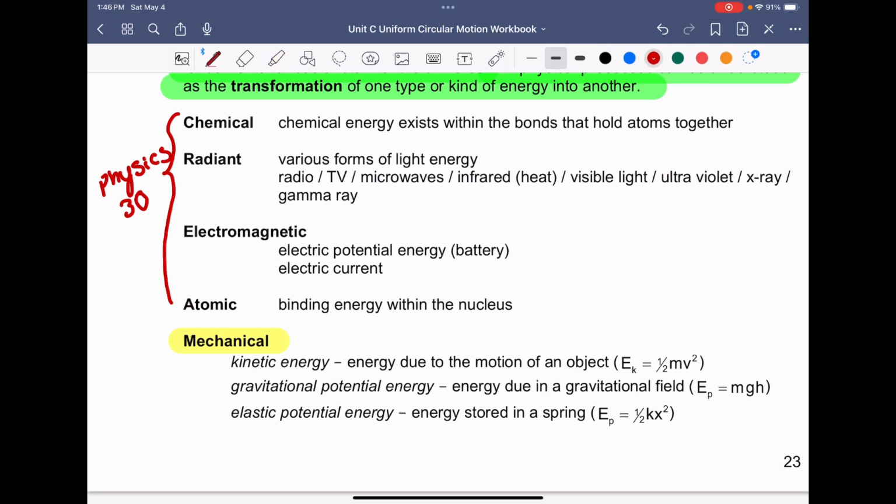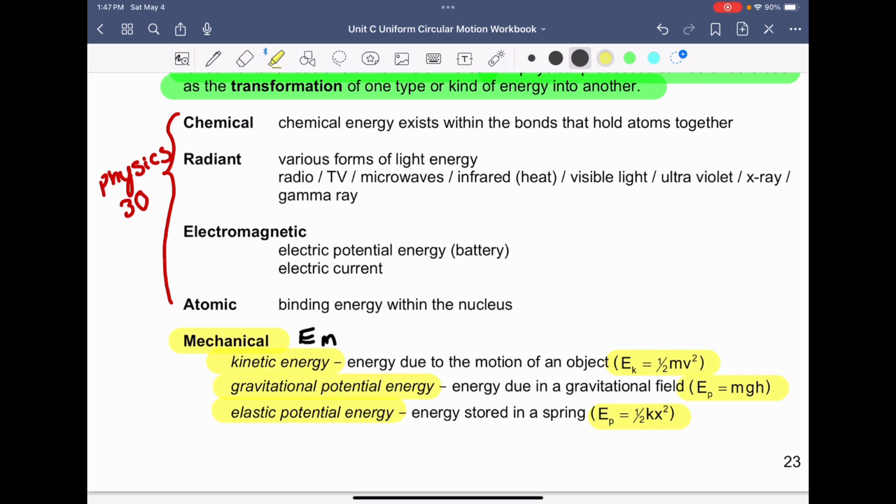Mechanical energy, which is often denoted as EM in our unit, is broken up into the following types of energy. We have kinetic energy, which can be symbolized mathematically by EK equals 1 half mv squared. We can have gravitational potential energy, which can be symbolized by EP, which is equal to mgh, which is often due to some sort of gravitational field. And then lastly, we're going to introduce elastic potential energy, which is EP, which is equal to